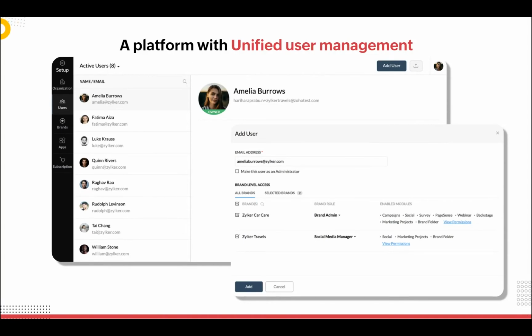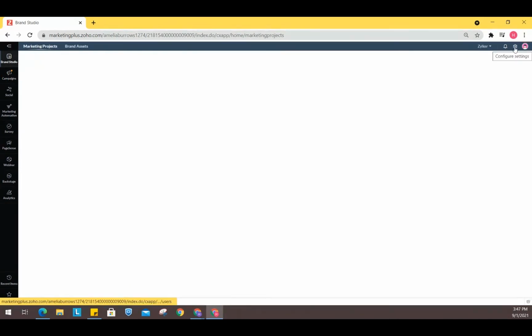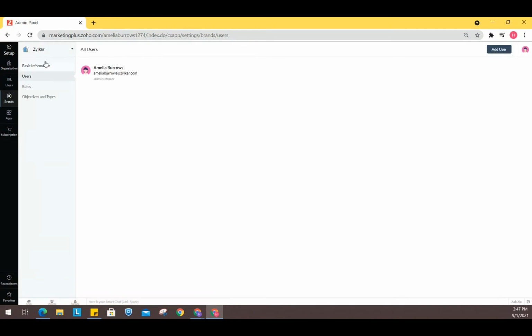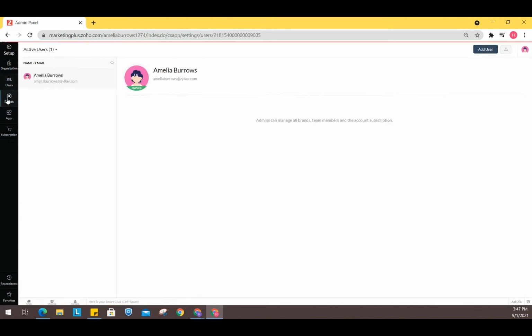So let's see the centralized setup page and how we can manage the brands from one single setup. At the very topmost right hand side, you can see a gear symbol just next to the photo icon or the image icon. Let's click on it. And that's the setup page with all these options in here. We have organization, we have users. In organization, you can see the name of the organization and the address details. And in the user section, you can see the active users as well as other categories of users here. It is selected from the drop down.